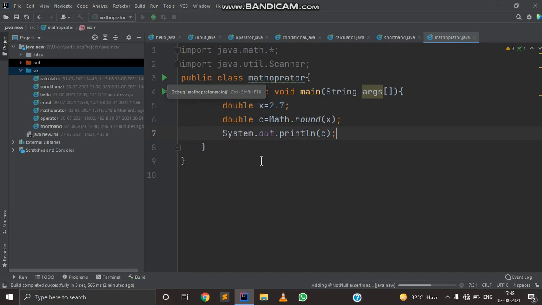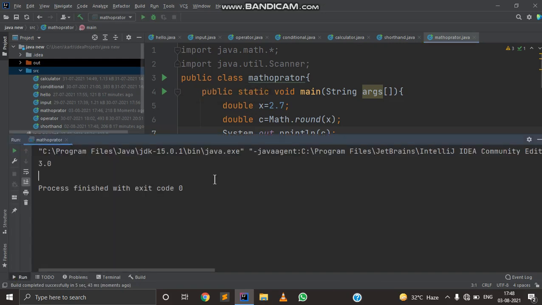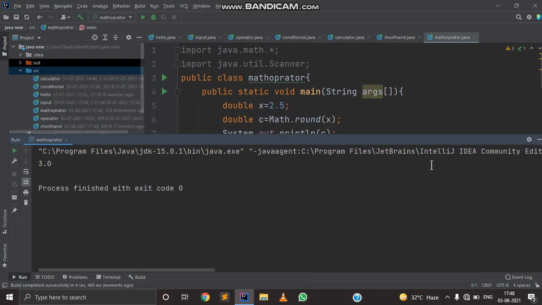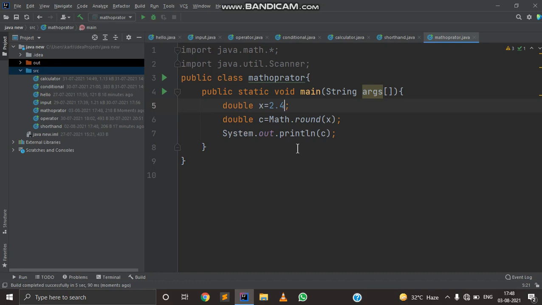It should be 3.0. As you can see, now I'm going to change it to 2.4. Now see what the value is. It should be 2.0. Here you can see that it is 2.0 because 2.4 is closest to 2.0.